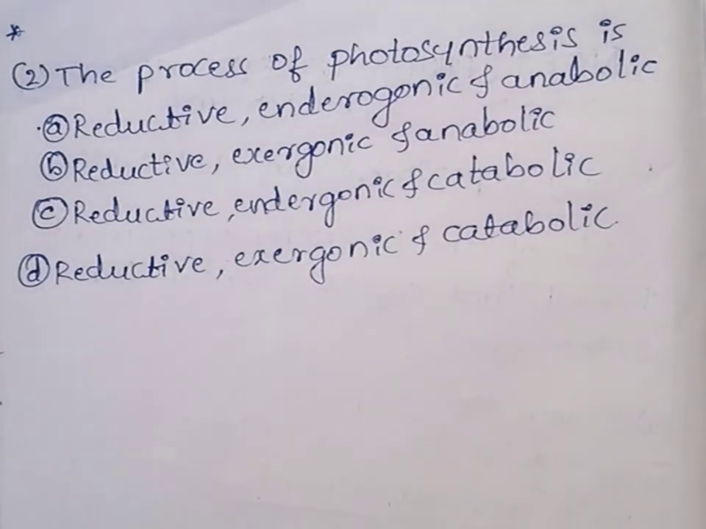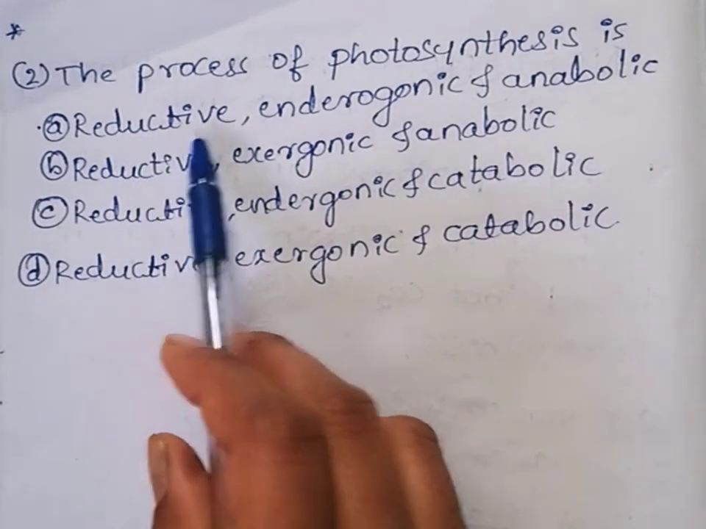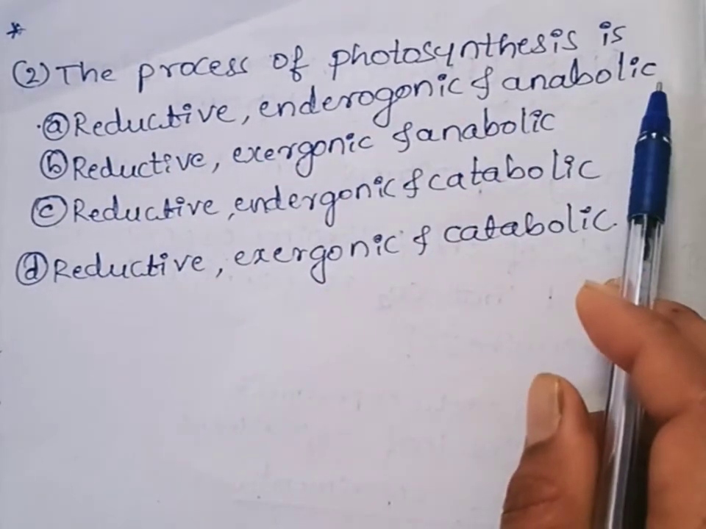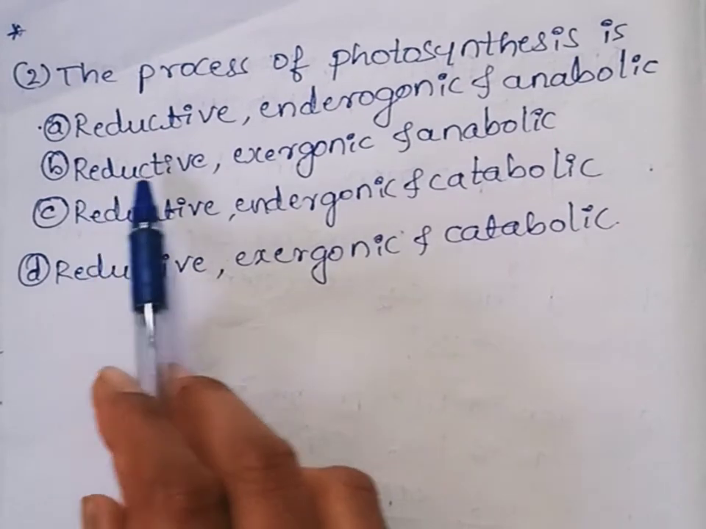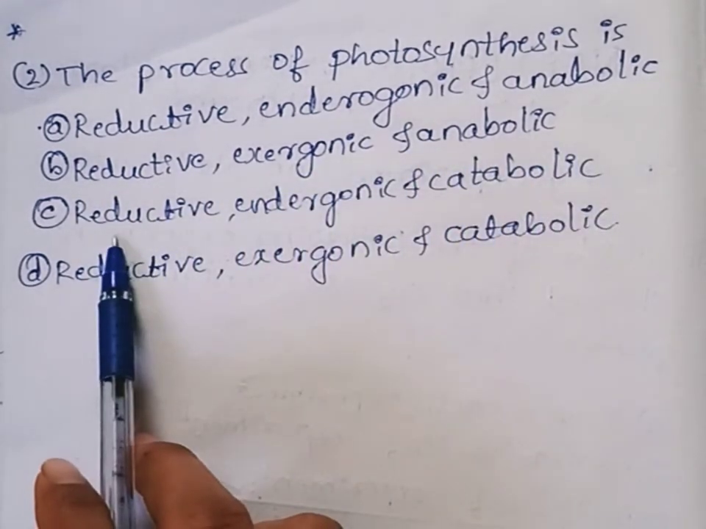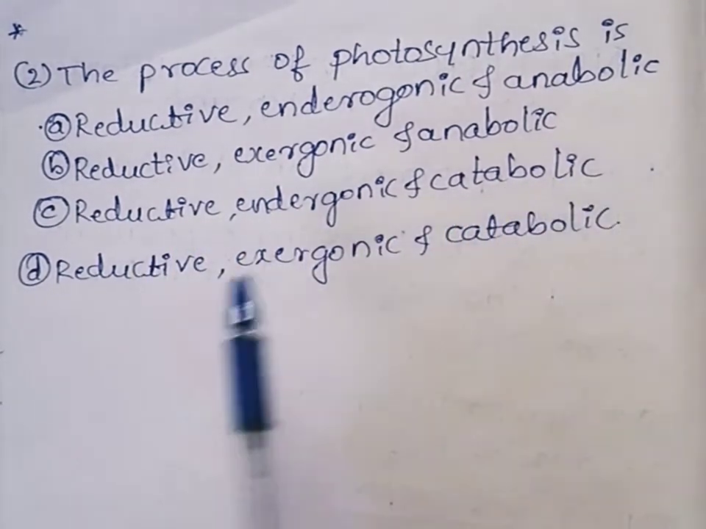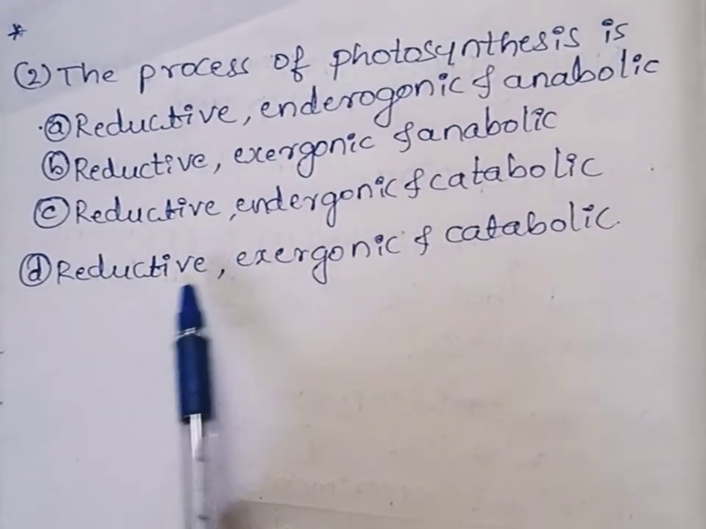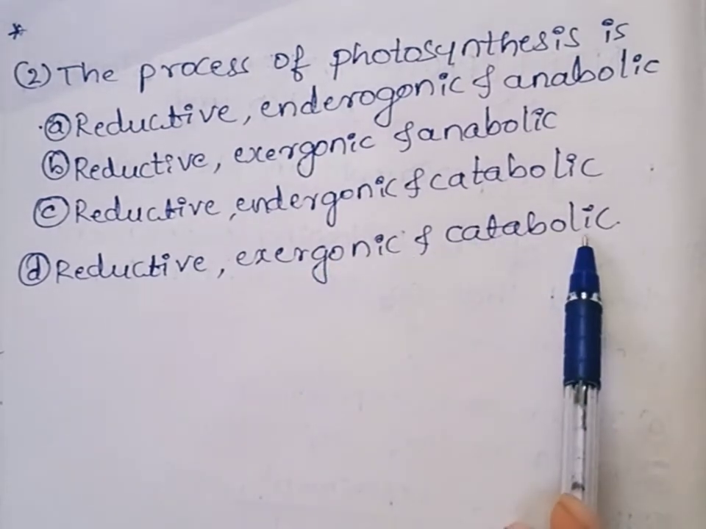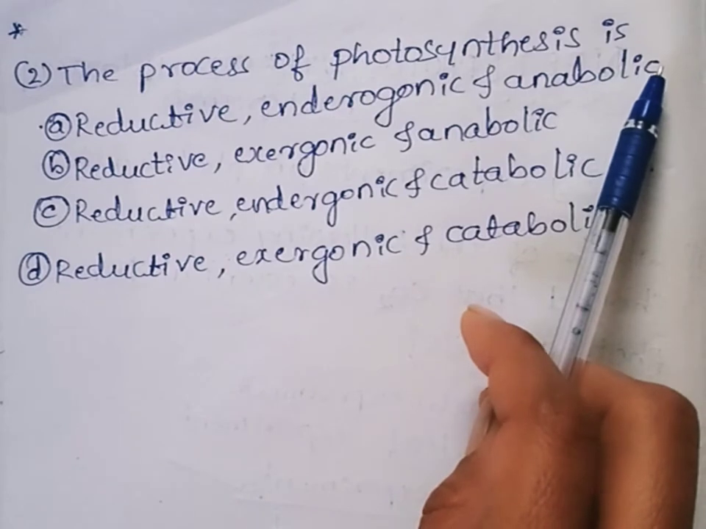Second question from this part. The process of photosynthesis is: first option, reductive endergonic anabolic process. Second option is reductive exergonic and anabolic process. Third option is reductive endergonic catabolic process. Last option is reductive exergonic and catabolic. Here the process of photosynthesis is